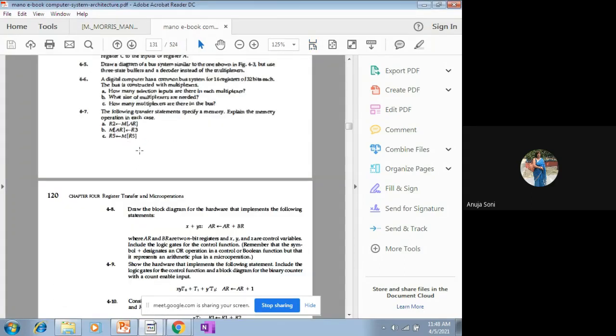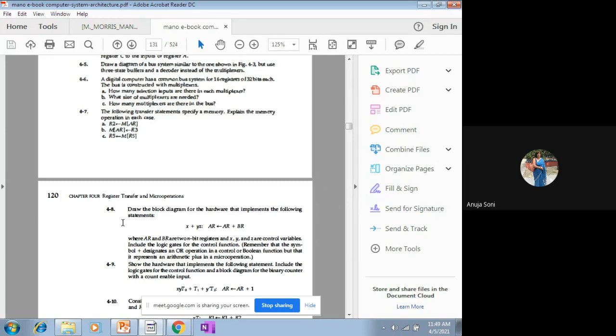Generally, whenever we talk about the memory, we are going to talk in terms of some address. So if this kind of statement is given in front of you, that means at present the address is stored in R5, and the address will be read from R5, and from that address in memory some data will be read, that data will be transferred to R5, and the previously stored address in R5 will be overwritten, that is, destroyed. So in words only you have to specify the meaning of all these register transfer statements, and it's well clear what is the meaning of all these statements.